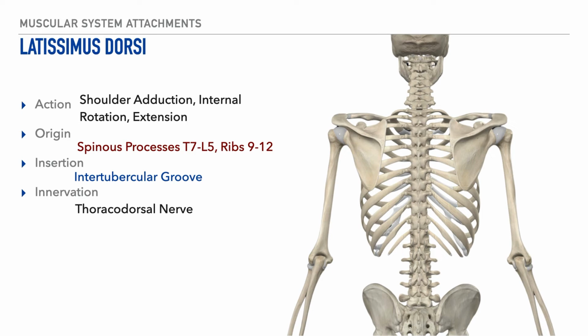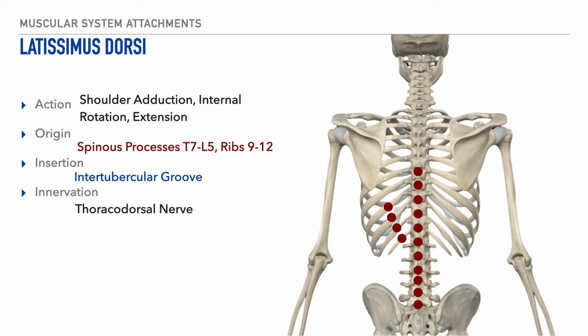Next up is the Latissimus Dorsi. Its actions include shoulder adduction, shoulder internal rotation, and shoulder extension. It originates from the spinous processes of the T7 through L5 vertebrae, in addition to ribs 9 through 12. And the insertion of the Latissimus Dorsi is the